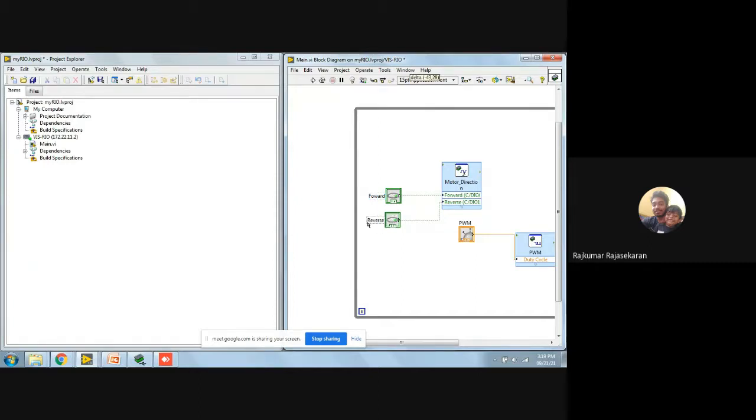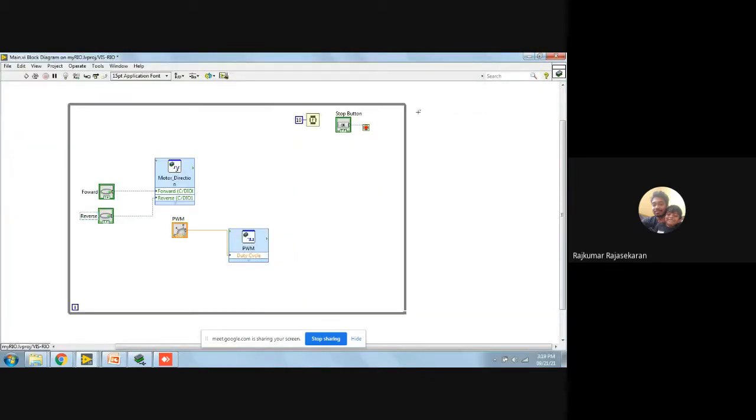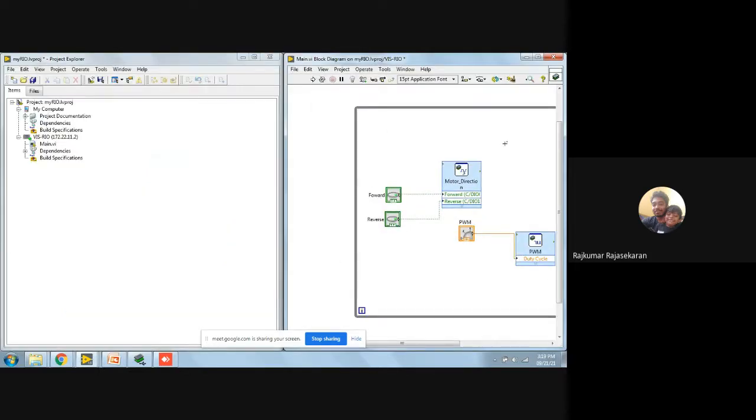Similarly, in LabVIEW we also have something called a local variable, where you can transfer data from this point to any other point in the code without using a wire. And a global variable means you will have a file. Using that file, you will transfer data from this VI to another VI. So from multiple VIs you can transfer data. Two VIs can run parallelly also.